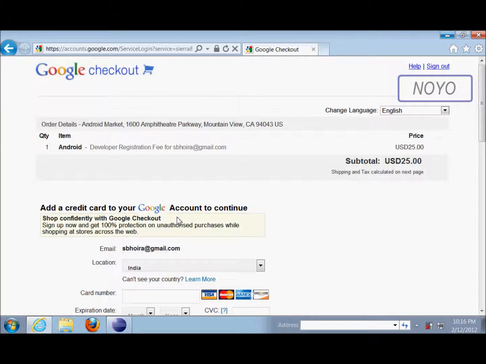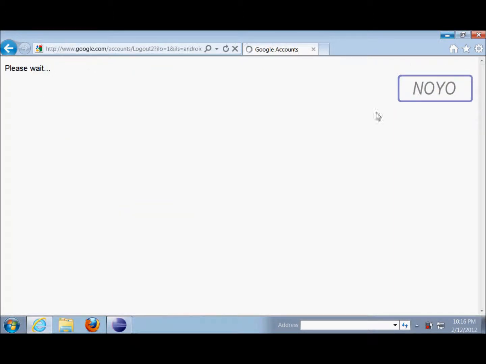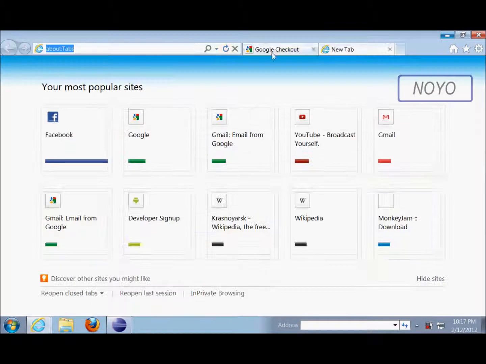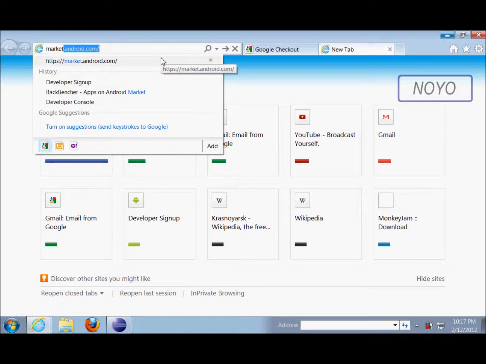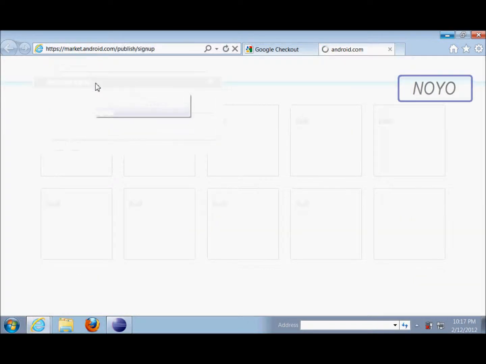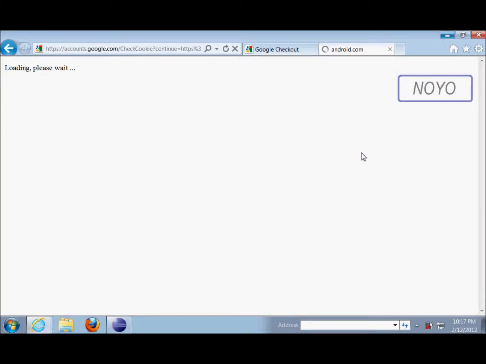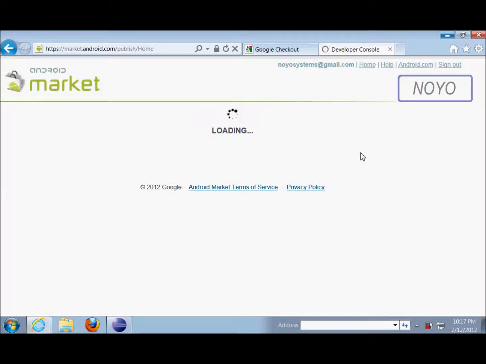I'll sign in from an account in which I've already done the payment. So we'll go back to the market page. I've already made the payment for this account.